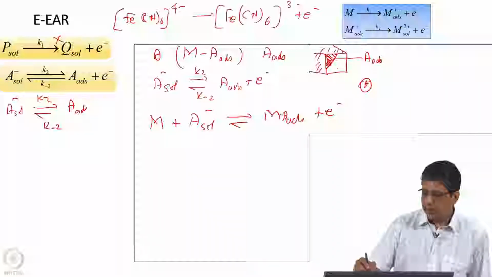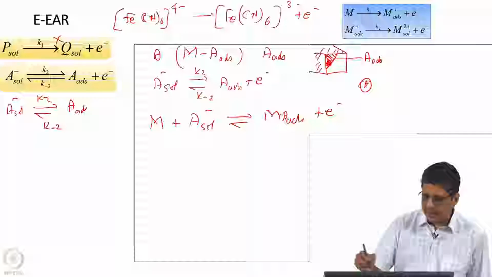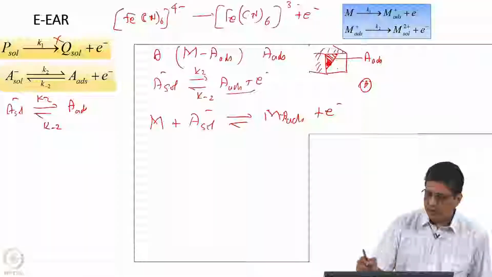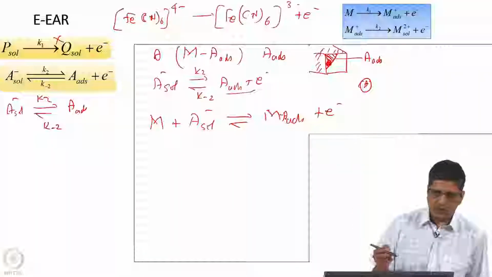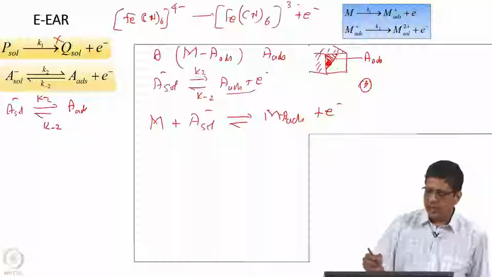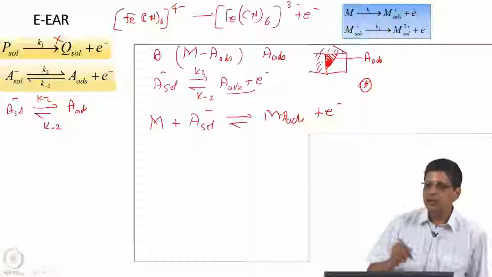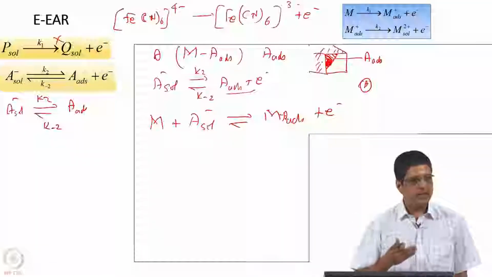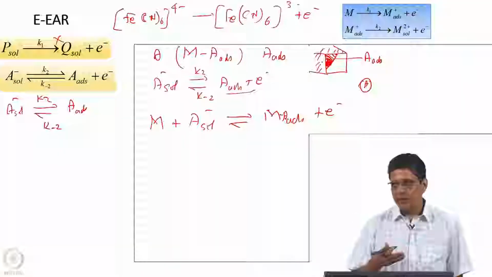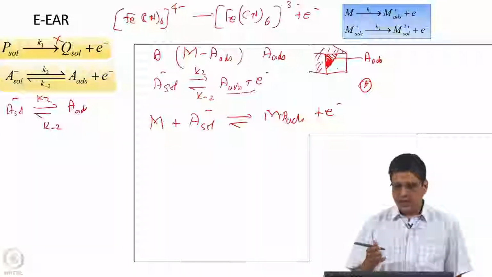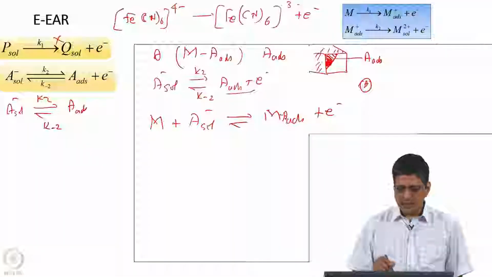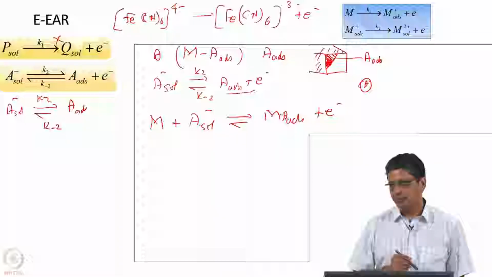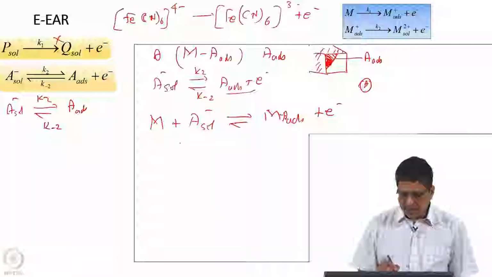And when this adsorbed species A collects an electron, it goes out into solution as A minus in solution and releases this site; it becomes a bare metal site then. So, when the reverse reaction happens, the number of bare metal sites will increase. When the forward reaction happens, it consumes the bare metal site, it consumes A minus in solution. So, if it is an elementary reaction, we would write K2